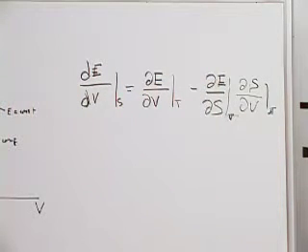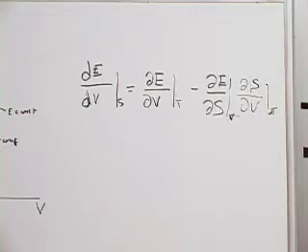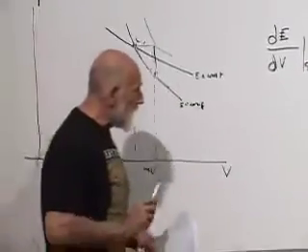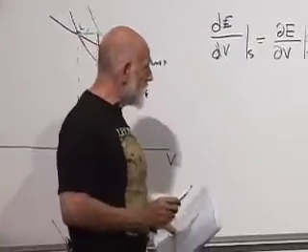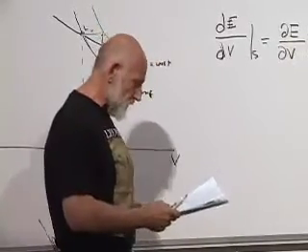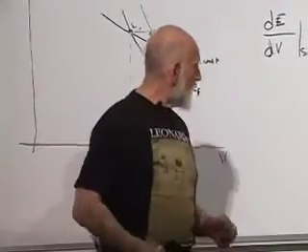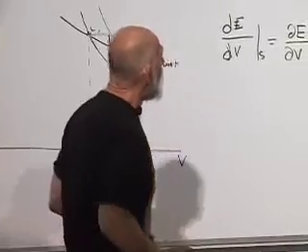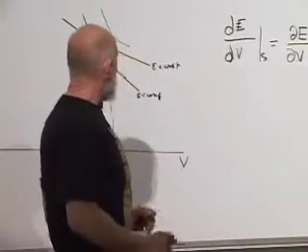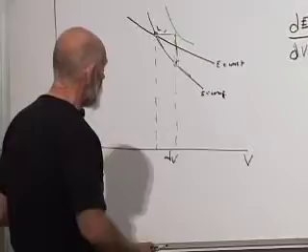The change in going from here to here in the entropy is the change in entropy with respect to volume at fixed temperature. That's the formula that we want, I think. Yeah, that's the formula that we want. Okay, now. Would you make that clearer again? Yeah, I will. All right.